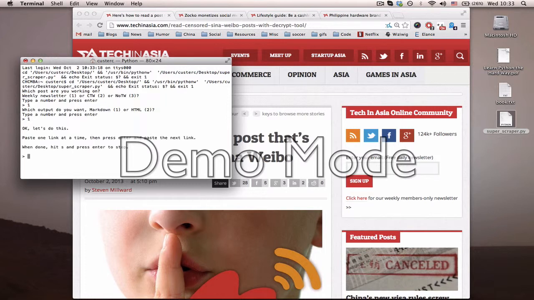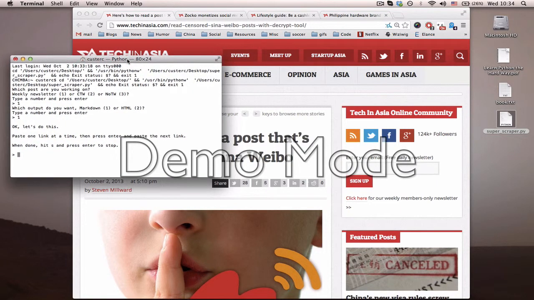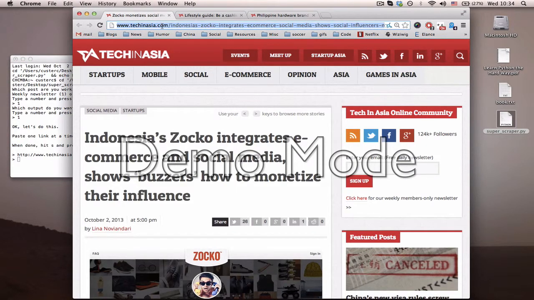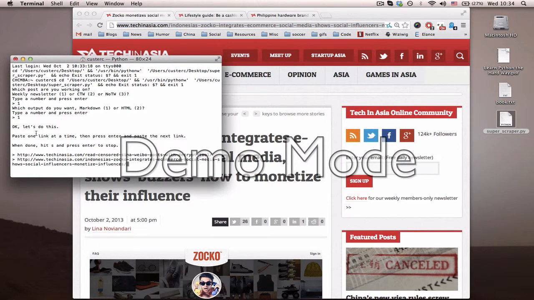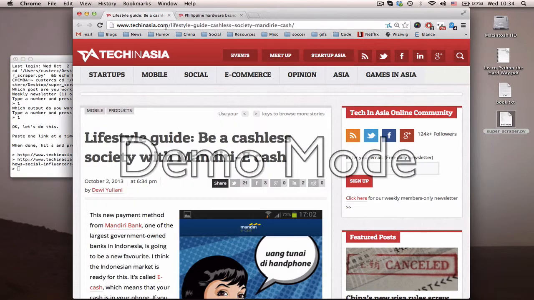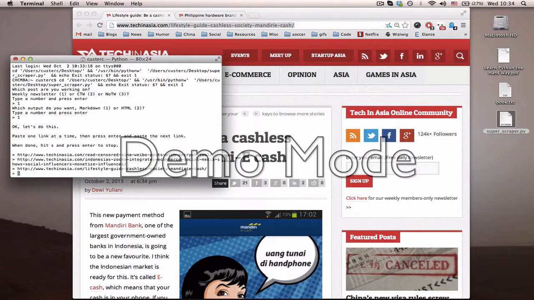Now it's ready to take the links that you have, so what you need to do is just enter each link one by one, pressing enter after each one. I find that the easiest way to do this is to close each tab as you enter it, so that you don't accidentally enter the same thing twice. So we'll copy that link, paste it there, press enter. Come back and close this, copy the next link, paste it there, press enter. Close that again, copy this one, paste there, press enter,